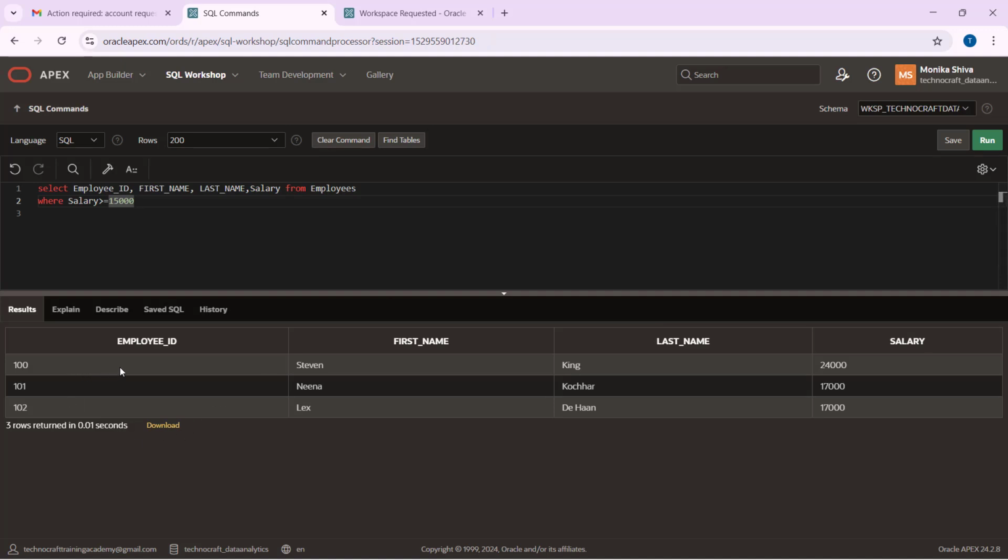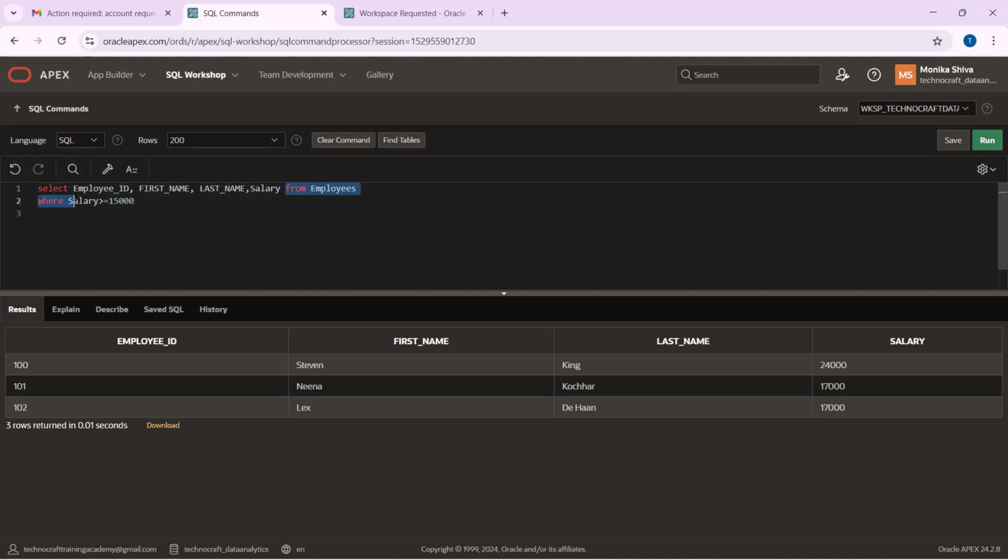This is all manipulation of the data which is required when we are analyzing the data. We will not have all the data in the required manner, so at that time we need to use these kinds of transformations, whose salary is more than 15,000 or whose first name is Steven, or who is working in a particular branch. For all those kinds of transformations, we need SQL for data analysis. Now we know how to use the where clause,